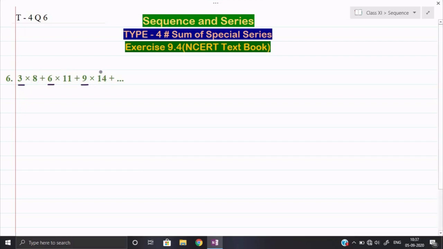So today your homework is question number 3 and question number 6. In the next session I will take question number 4 and 5 that may not be possible for you to solve, especially question number 4. In question number 4 we shall learn some new method that is called partial fraction. Okay, so that method I will explain to you in the next session.